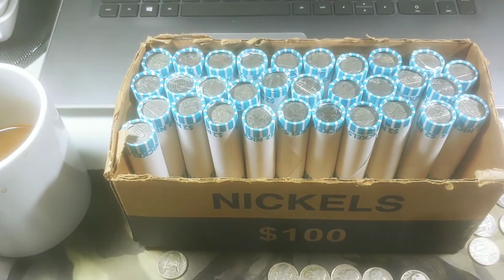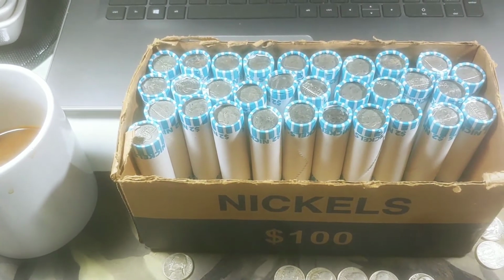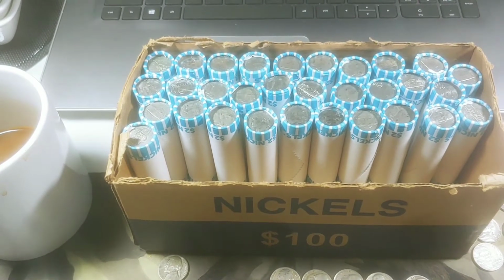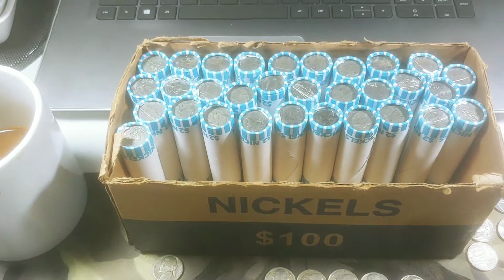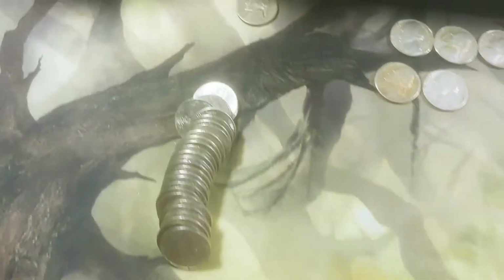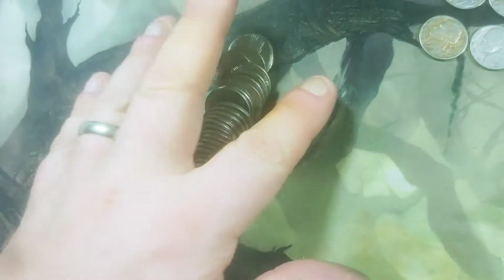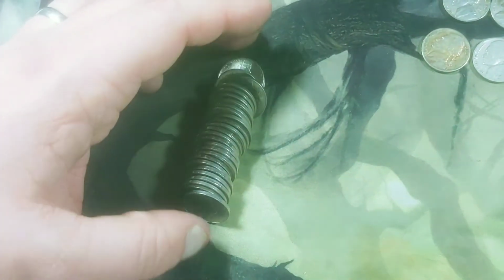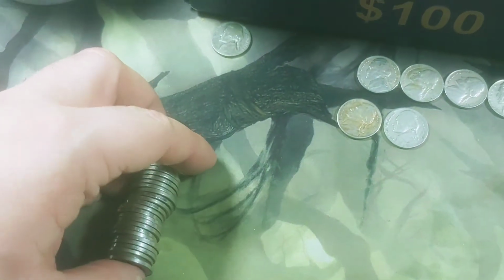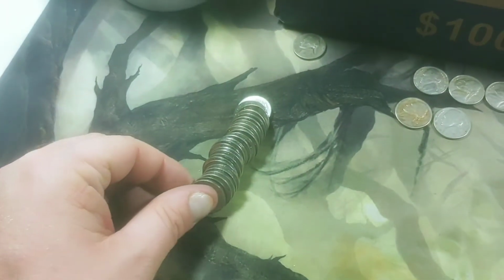There are times when I wish that I could open up rolls live just so you can see the first things as I see it. And I promise you, I am not making this up. I do not stuff the rolls. But on 19, I'm going through, and when I open up the roll, I see a darker coin right here. I don't usually think too much of it. When you see darker coins on the rolls, you figure, probably just a dirty old coin, or it could be like a tarnished silver coin or older coin. But as I'm thumbing through,